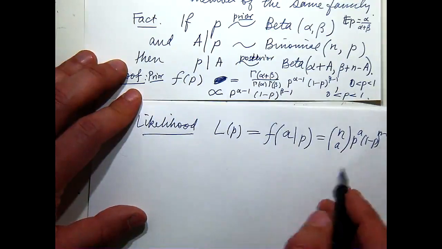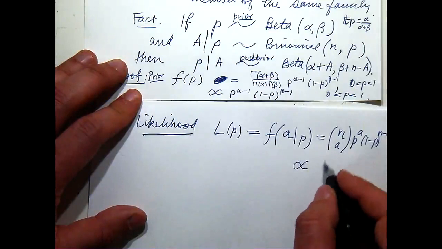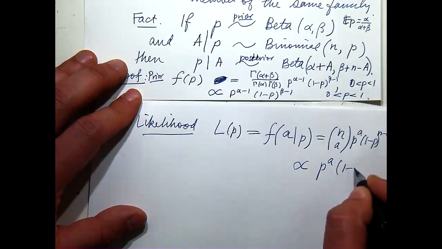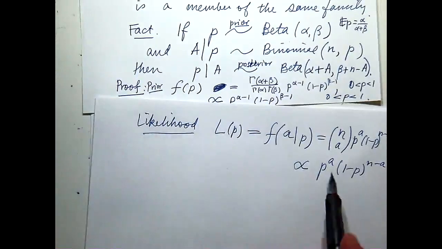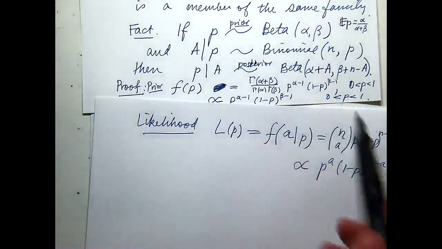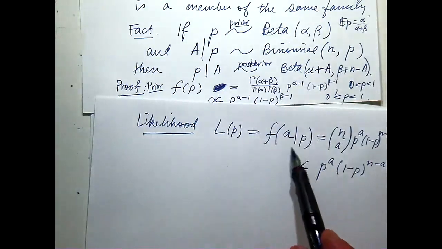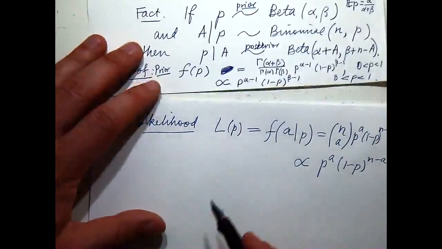But let's not bother with that. Let's just say that this is proportional to p to the A, 1 minus p to the power n minus A. Now, of course, that n choose A is there, but when we're doing the likelihood, it's a constant with respect to p, so I can still do it. Okay, so the integral